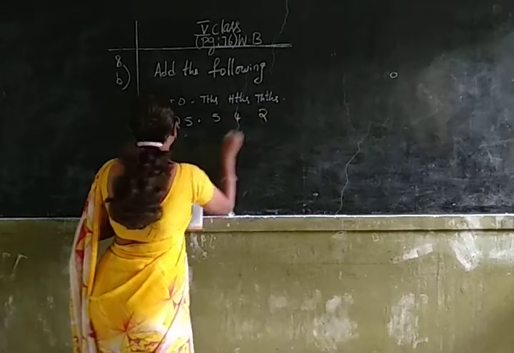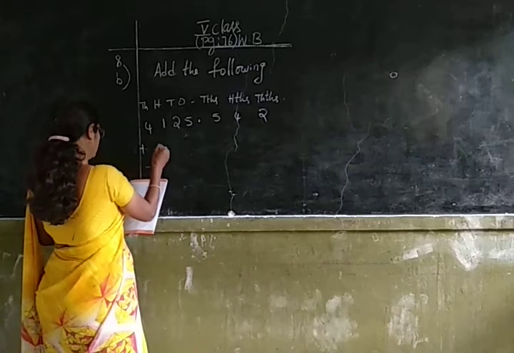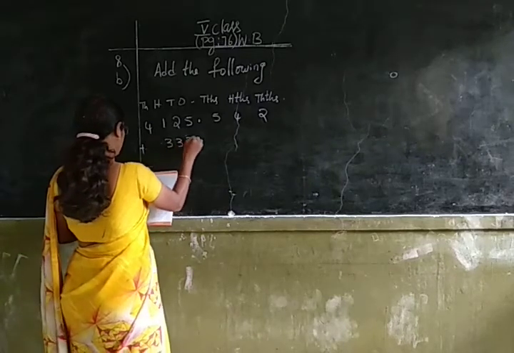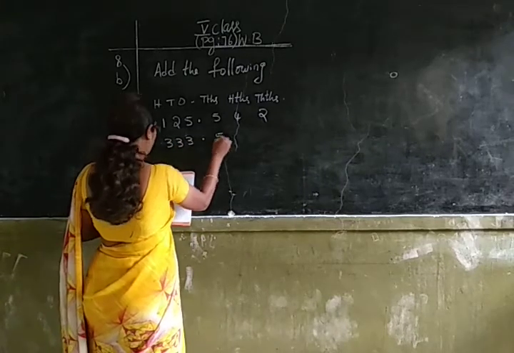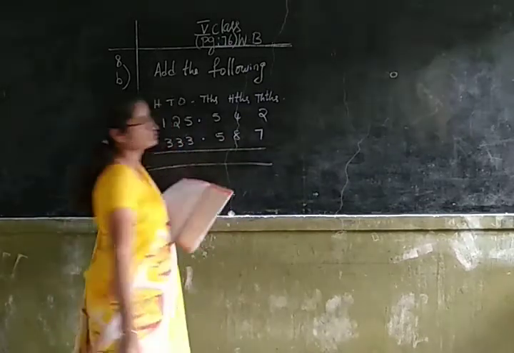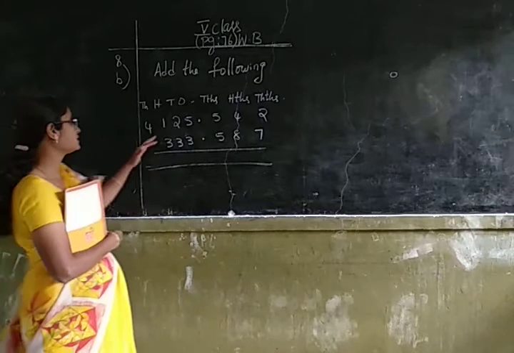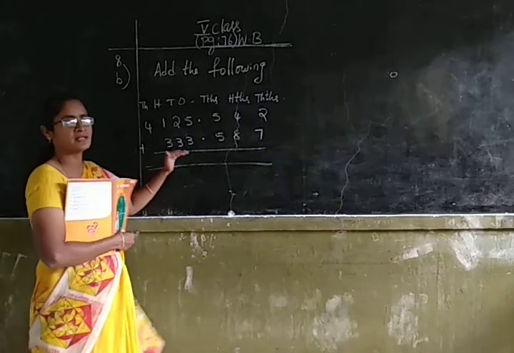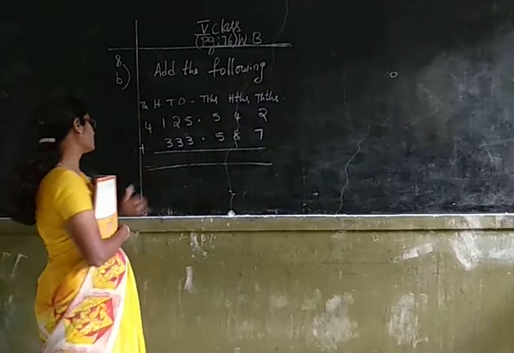4,125.542. Next, 333.587. So first, what you have to do? You have to arrange the numbers in columns. First you have to write down the places and then arrange the numbers in columns and place the symbol for